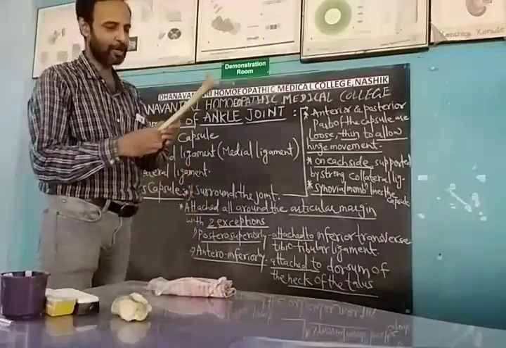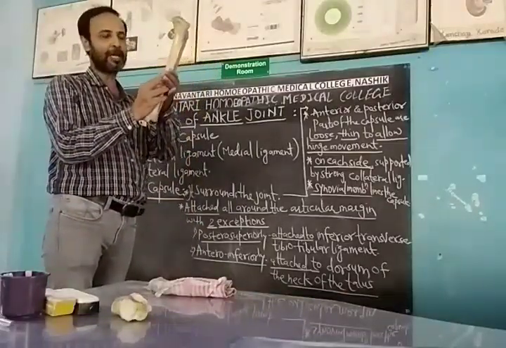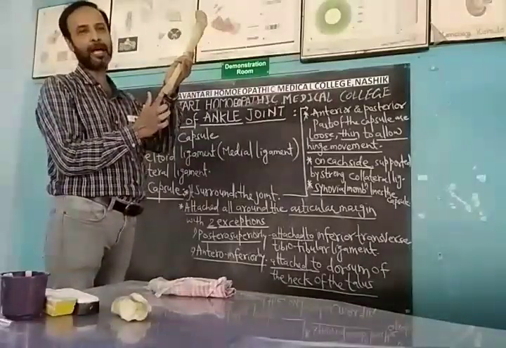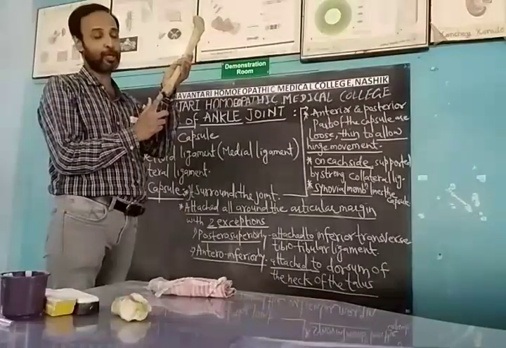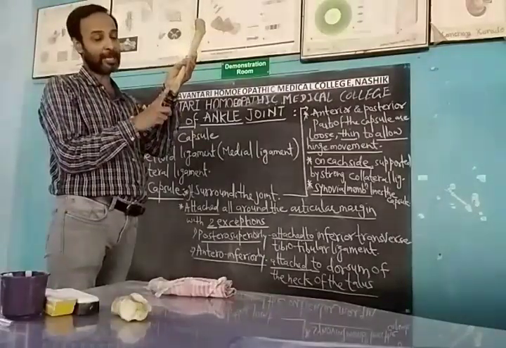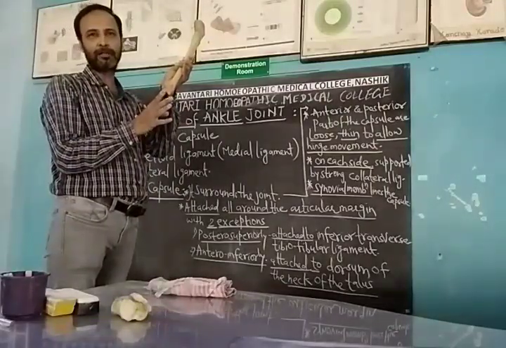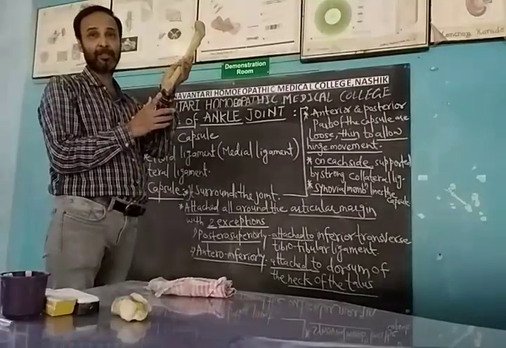So here at this joint, posterior-superiorly, on the posterior and superior aspect, is the inferior transverse tibiofibular ligament that I have discussed. Here the capsule gets attached because posteriorly there is no articular margin. So this ligament is there.